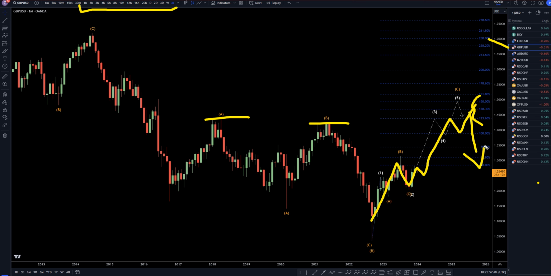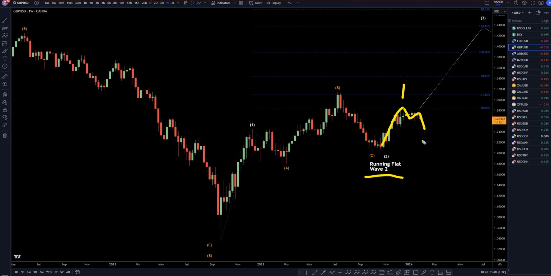So taking it down to the weekly time frame. Weekly time frame, I still think that this is a running flat wave two, and I still think that wave two is already potentially over. Now, this would most likely tell me that this is a wave one, and that this is a wave two, and that eventually we're going to go up and make a three, a four, and a five. But I am definitely still looking for shorts on short time frames. I mean, just in case, you never know, it could make a much bigger move to the downside than we expect. And luckily, we will be looking for shorts on short time frames anyways.